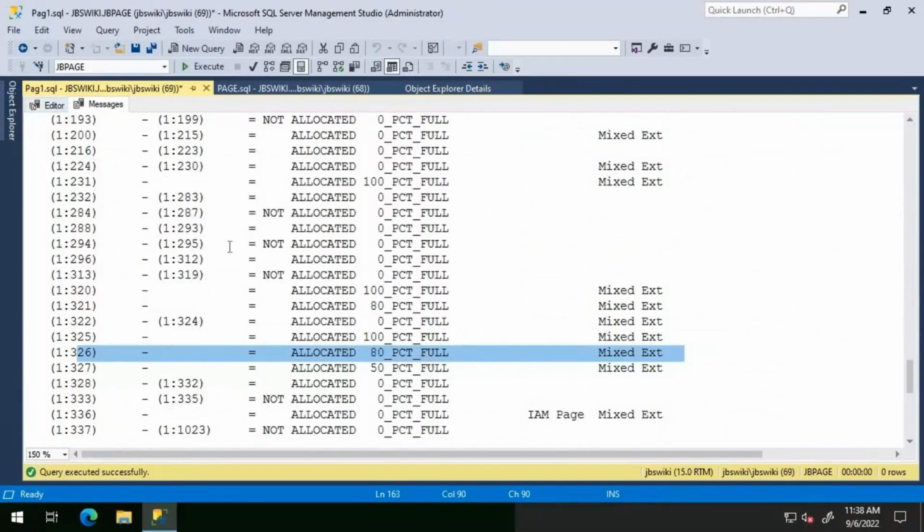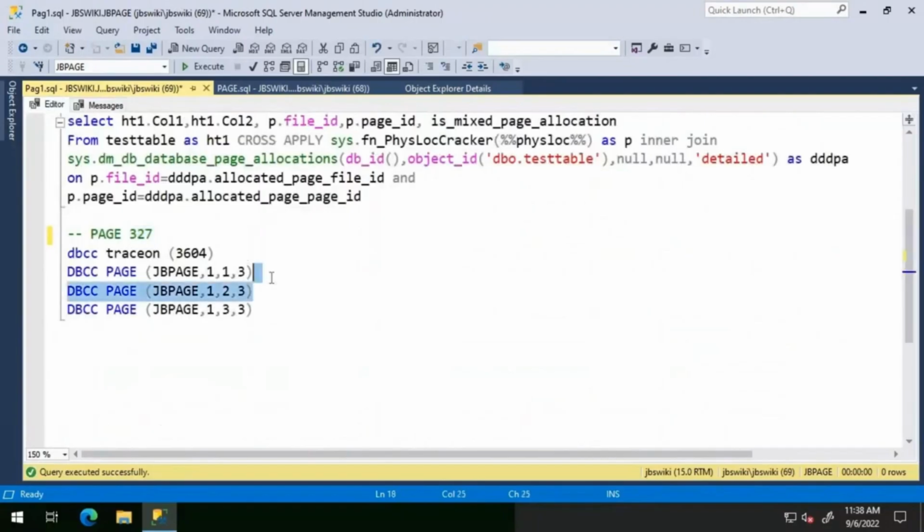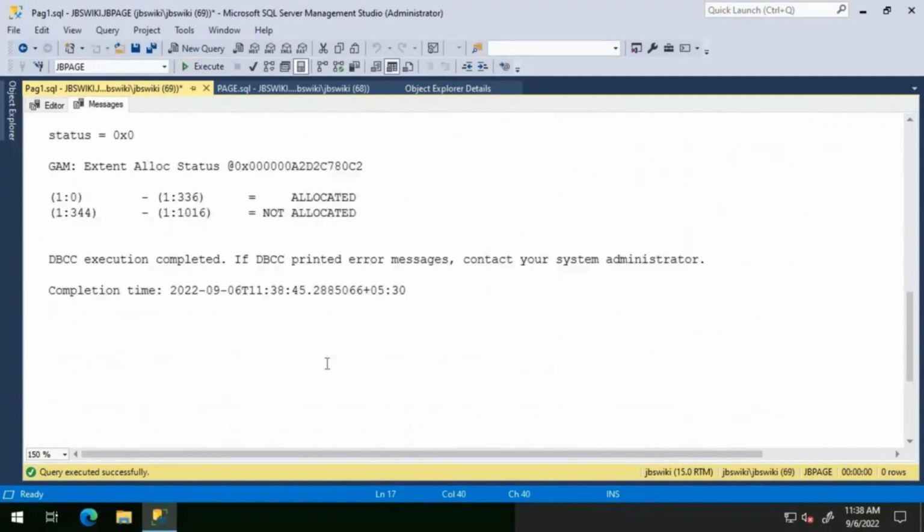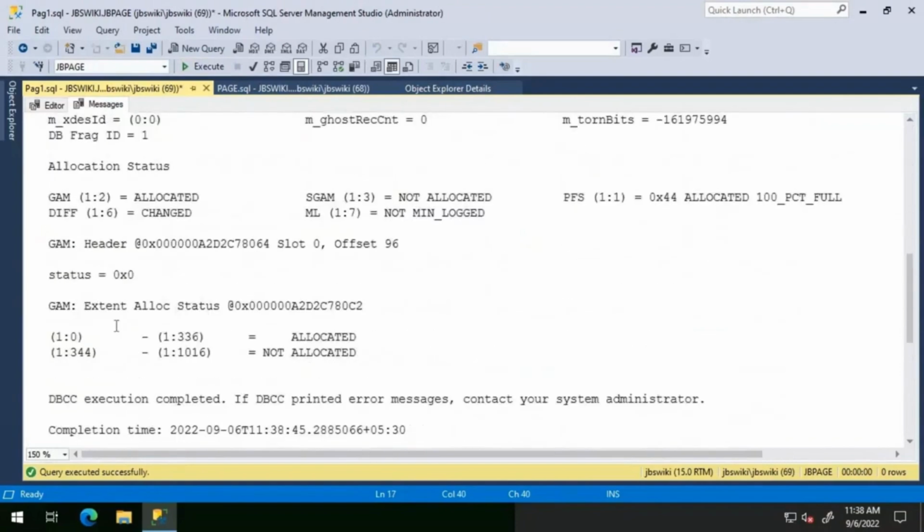So moving on, let's look at the same one. Instead of a PFS page, I'm going to check a GAM page, which is your global allocation map page. So if I look at it here, as we discussed before,